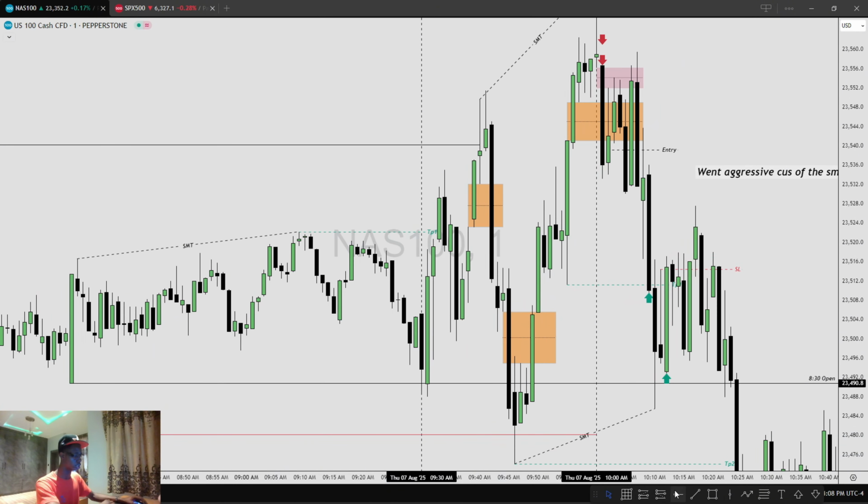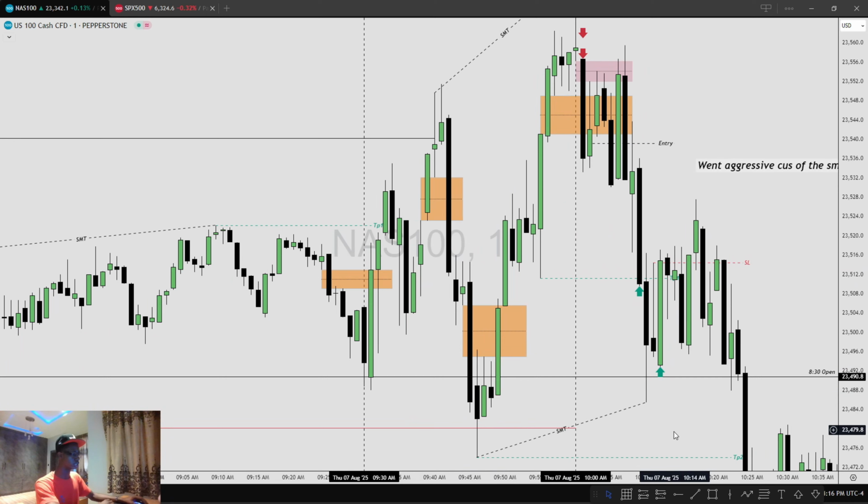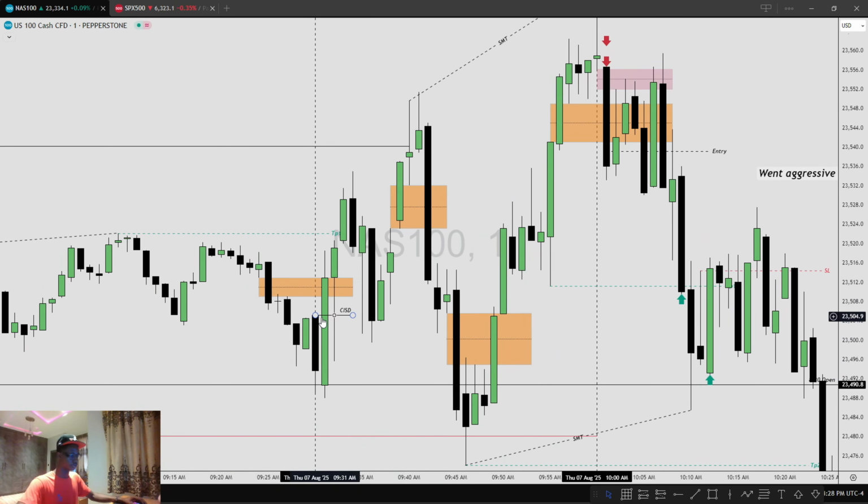So what do I need to see? All I need to see is price get inversed right here. But that wasn't really what I traded. Instead, I knew that the fair value gap was going to be inversed. So as soon as I saw price creating a CISD, I wanted to enter off of this, but because my